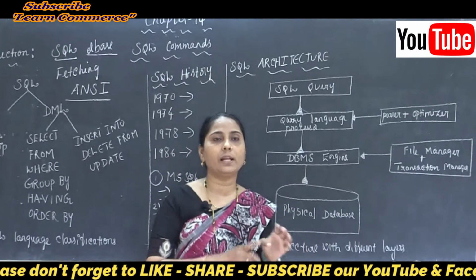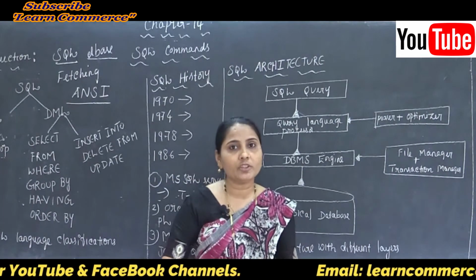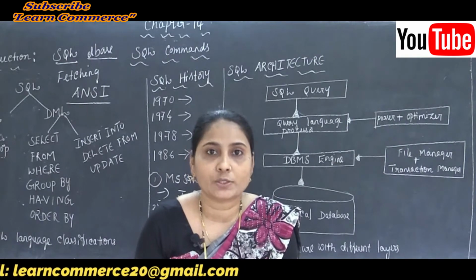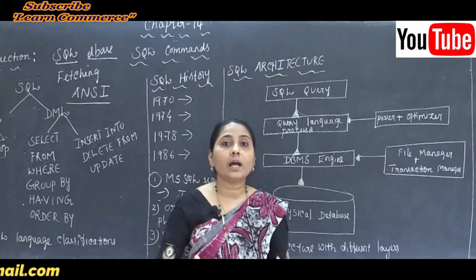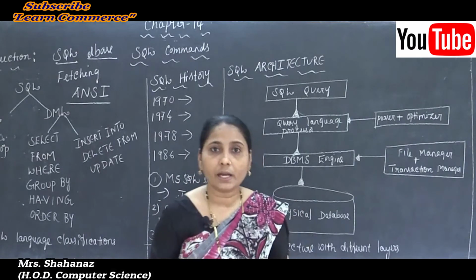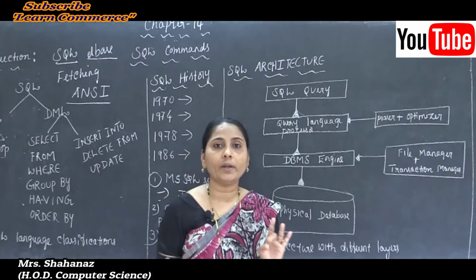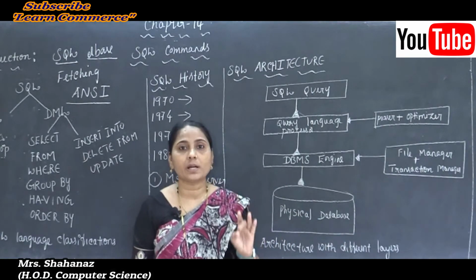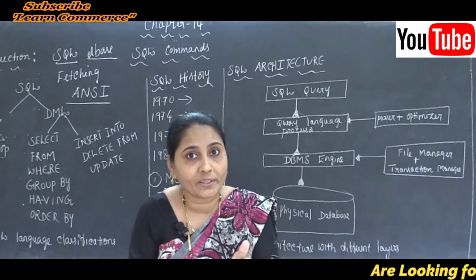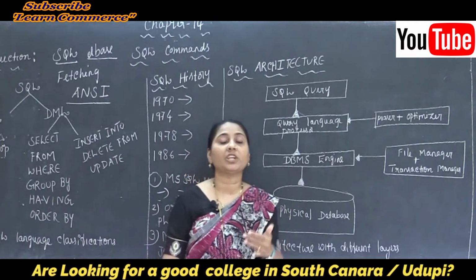Why? Because we know that the relational database management system is called the table here. And the second feature is that it allows the user to describe the database, to describe the data. That means what data there is in our database, and the relationship between the data. Each and every point comes under the features here. And the third point is that it allows the users to define the data in the database. That means what data we are going to store here, and the data we store is used for the manipulation of that data.